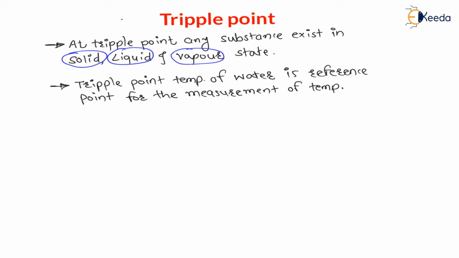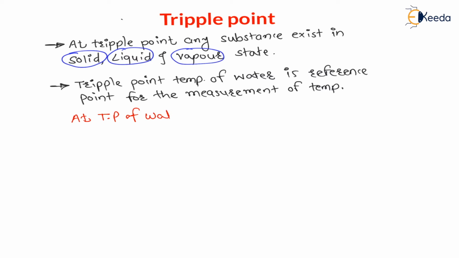Now for pressure measurement, atmospheric pressure is a reference pressure. Similar to that, the triple point temperature of water is a reference temperature for measurement of temperature. Now here let us understand this triple point temperature. Now at triple point of water,